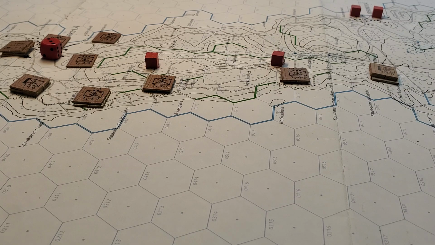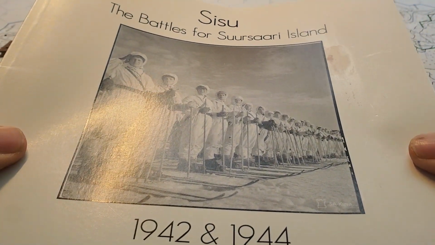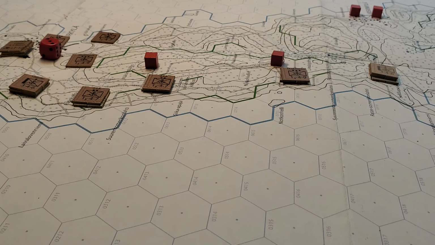Let's see, do I have the rule book handy? I do. Sisu, and that's probably not how you pronounce it, but what are you going to do? It's Finnish. Battles of the Sassari Island, 1942 and 44. The second battle in 1944 is...